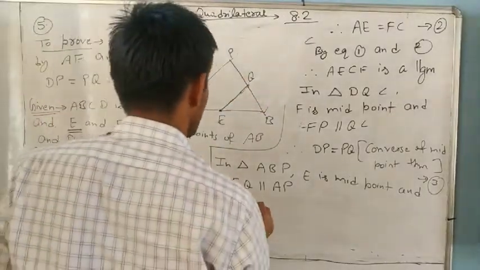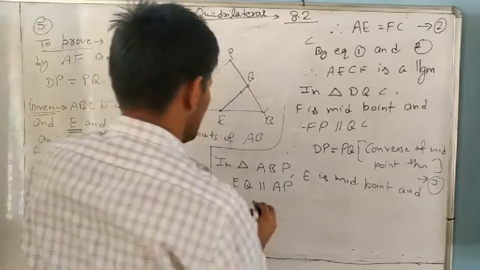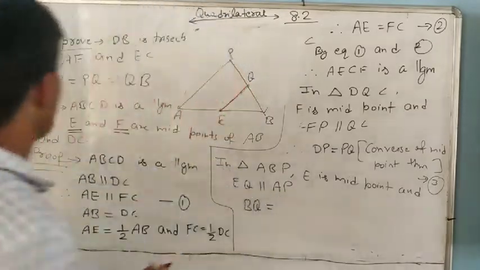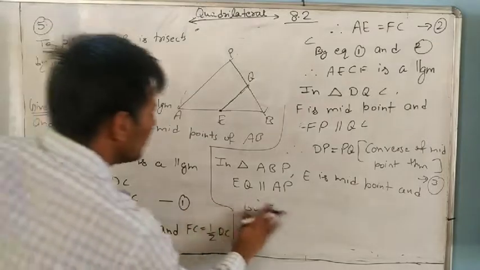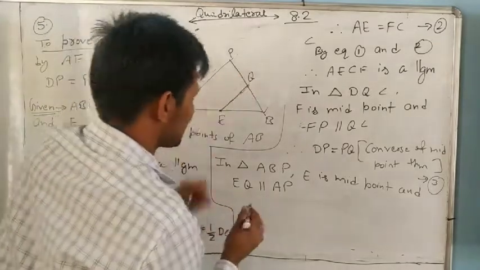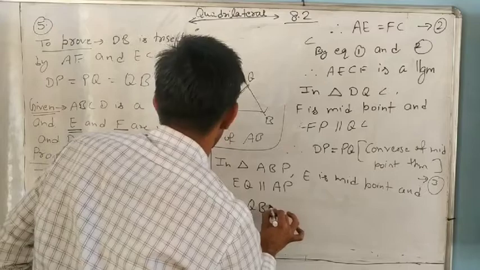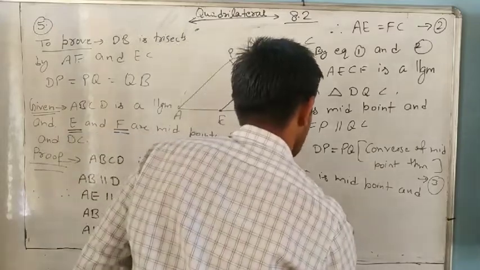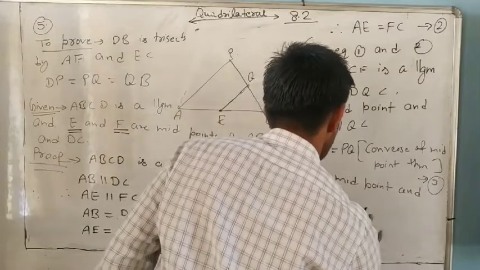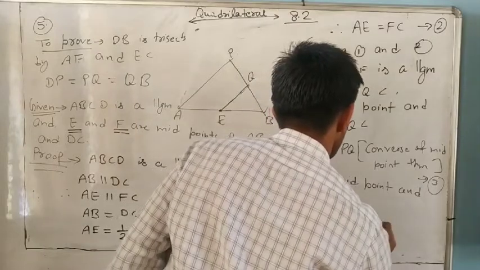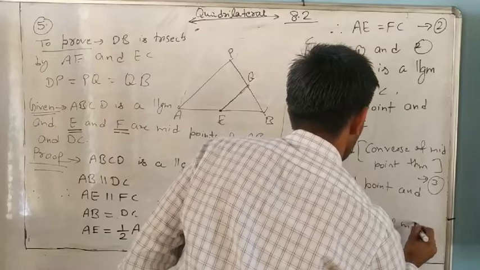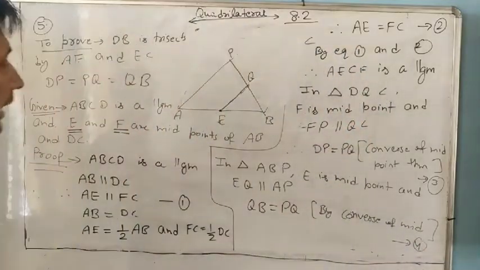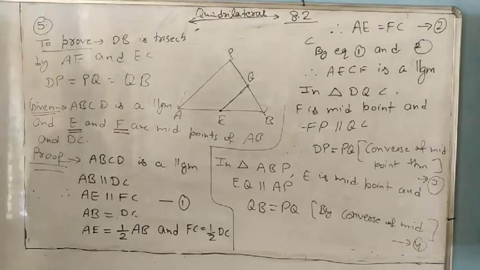So therefore, BQ equals PQ, which means it is bisected. QB equals PQ. Why? By the converse of the midpoint theorem. Equation number 4. I hope you understand it. Understand? Now